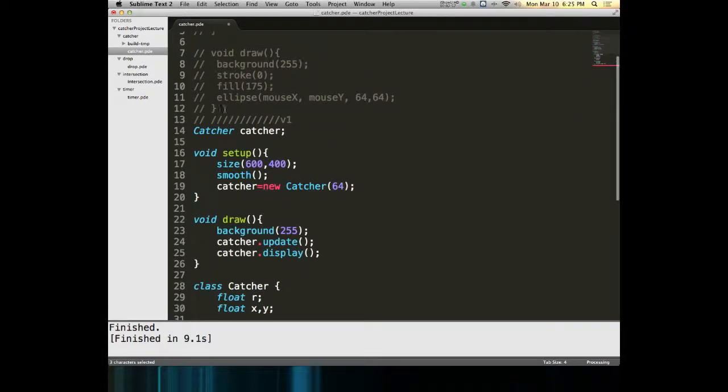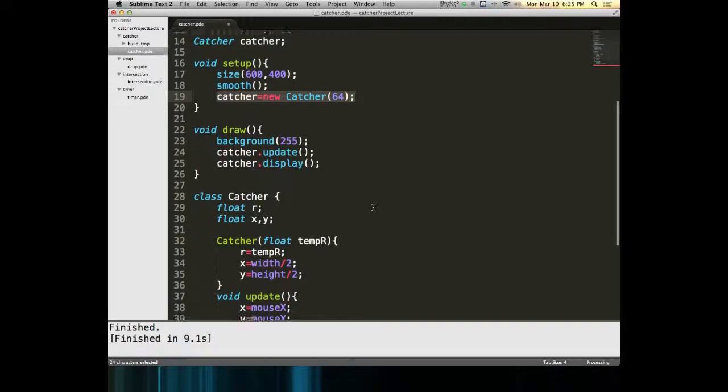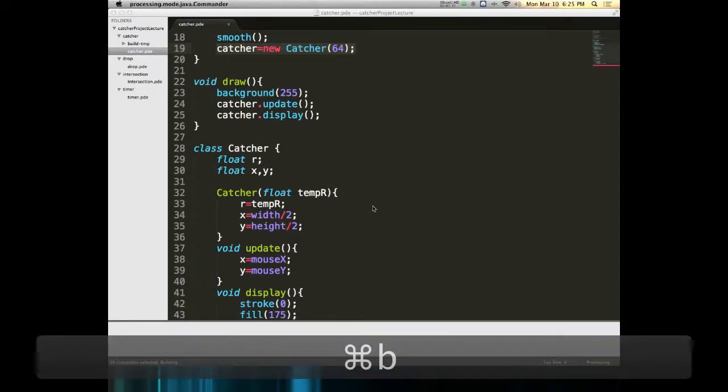Now with this, we say catcher, new catcher, because we're instantiating the class. We populate it inside our setup. This is a good practice to get into. We define our variables, but we don't assign values to them until our setup method. So define the variable, and inside setup, actually attach the value to it. Where we say catcher equals new catcher, the 64 is going to be the radius that we are feeding that object. So now if I run this version,